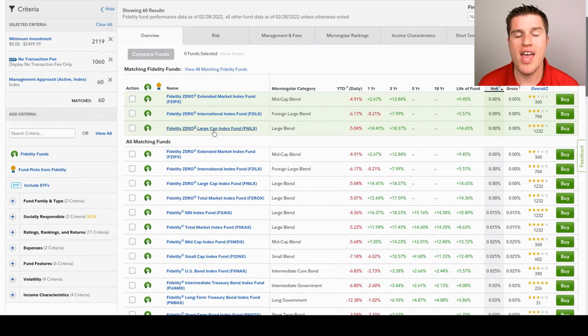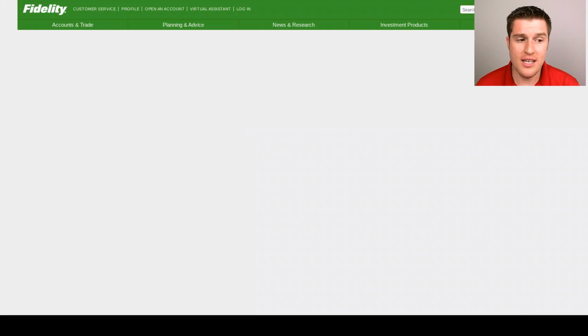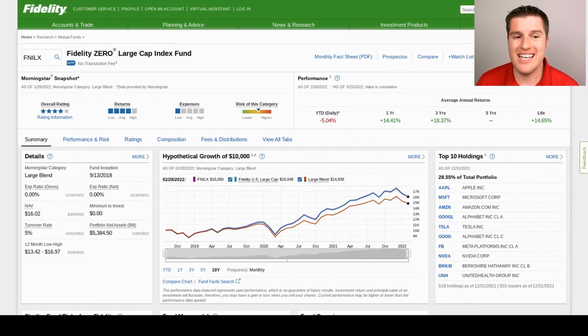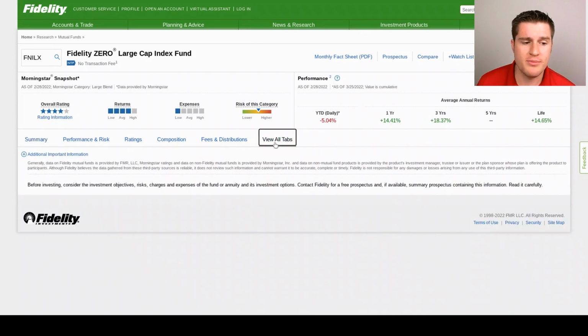So we'll go to FNILX, which if you look at it, starts with an F, which means Fidelity. And then the middle part is NIL, which means 0. So if you ever play spades or games where it says that is 0, that is nil, and then it ends in X. So that's the Fidelity Zero Large Cap Index Fund. And you have a lot of different things you can look over here and compare as you get into it. But one of the ones I like to click on is the View All tabs button. Basically it takes all of these and puts it in a nice